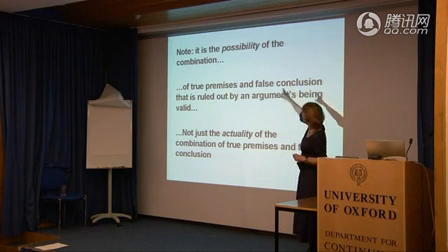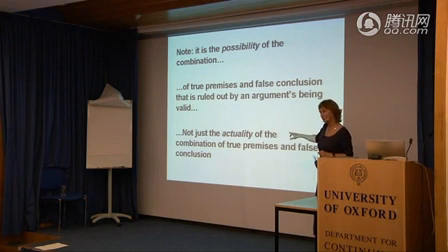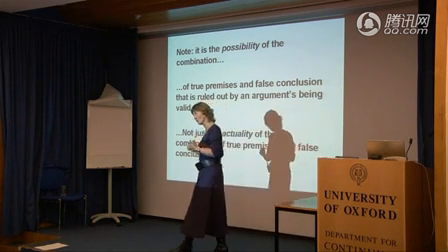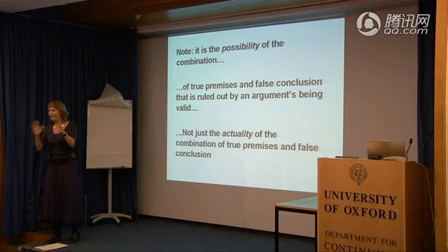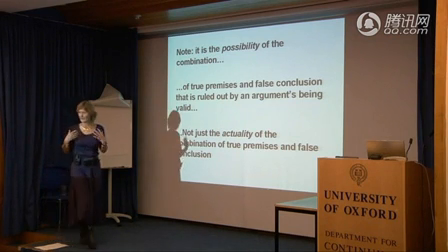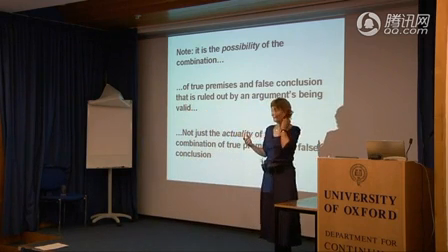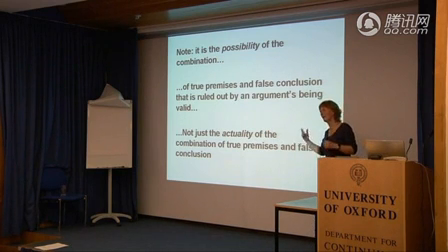It's the possibility of the combination of true premises and false conclusion that's ruled out, not just the actuality of that combination. So it's not just that the premises, as a matter of fact, are true and the conclusion, as a matter of fact, is false that's ruled out. It's the very possibility of the premises being true and the conclusion false that's ruled out. Big difference between actuality and possibility. Marianne is actually wearing a skirt today, but she might have been wearing jeans.